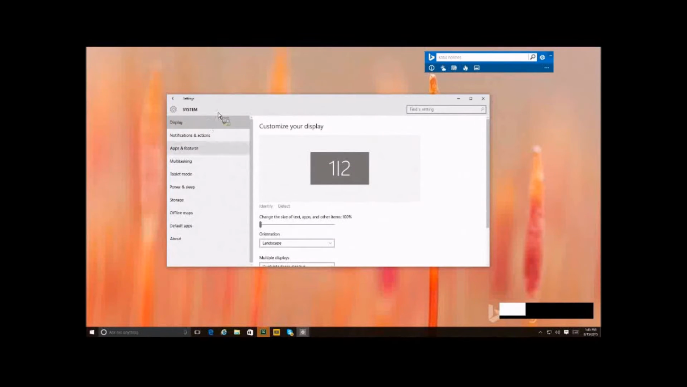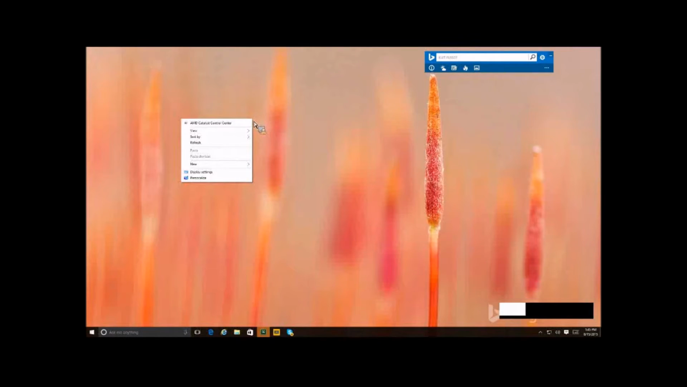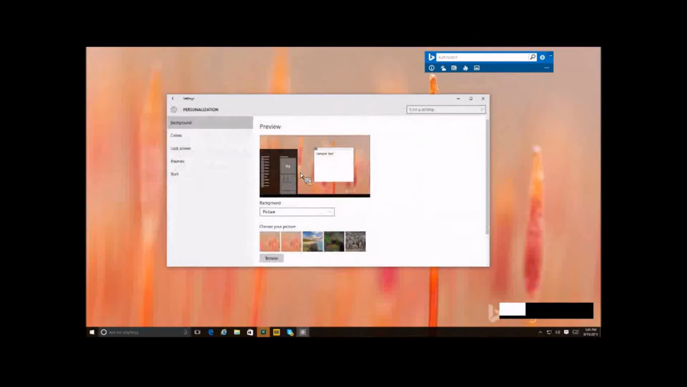You can still right-click on the desktop and do your display settings. It'll show up in the new menu view, but that still works the same. And you can do personalization, and you'll still be able to change the colors and the backgrounds or whatever you want, just like you did in previous versions of Windows. If we go towards the right, we'll find the